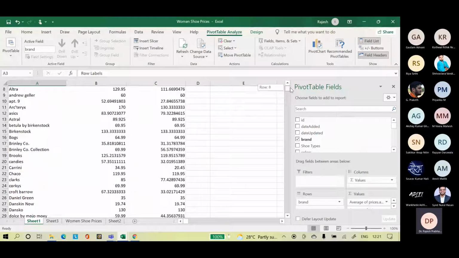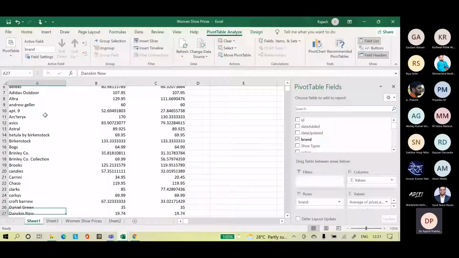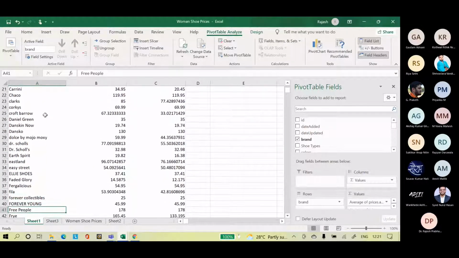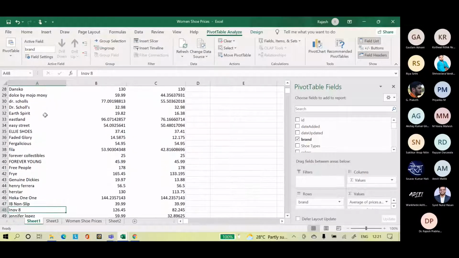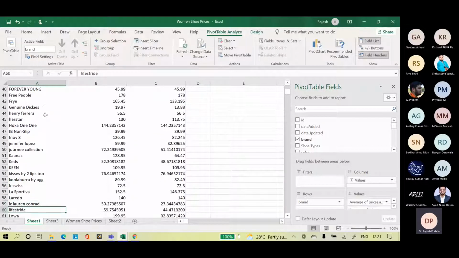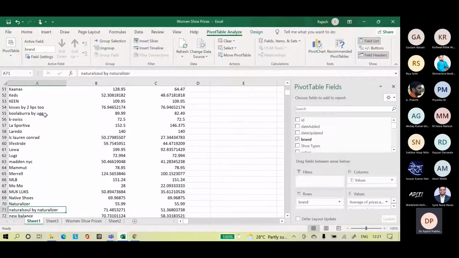We have more than 100 brands: Adidas, Andrew Geller, basics, Brooks, Candice, Clark, Daniel Green, Dansko, Dr. Scholl's, Daniel Dekin, Henry Ferrera, and more. We have close to 100 brands with average min and average max price.